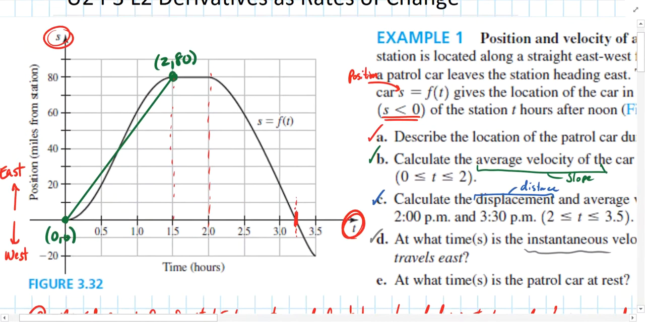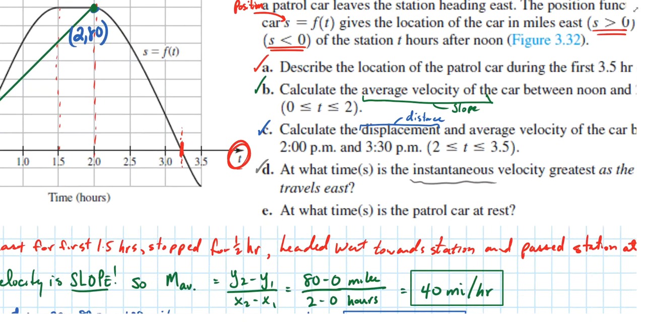Oops, and I just realized something here. I wrote down the correct data point, but I located it in the wrong spot. So let me fix that here with my green ink. I don't think our math was incorrect at all, but my picture sure was. So this was the coordinate 2, 80, and we're using that coordinate again for question part C, and we're